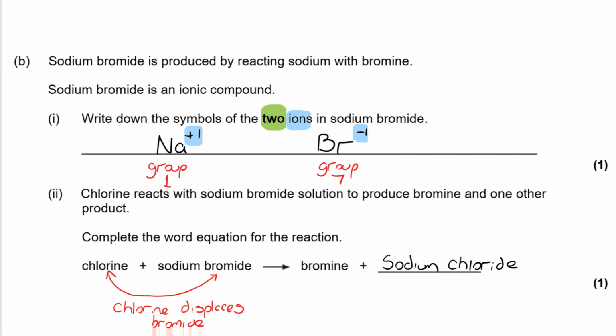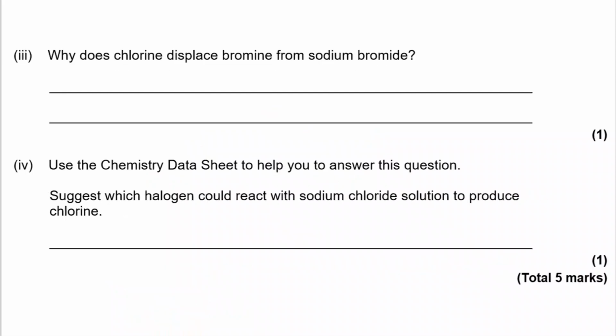The big consideration to make here is that when halogens become ions, we change the -ine to an -ide. So chlorine forms a chloride ion, bromine forms a bromide ion, fluorine would form a fluoride ion, iodine, iodide, etc. Okay, let's move on to part